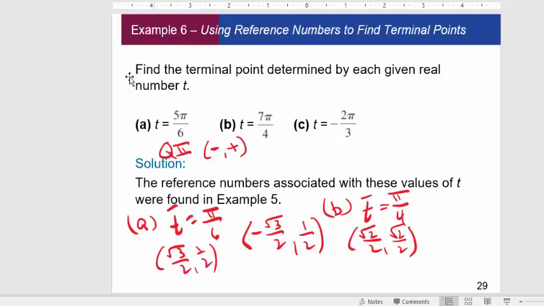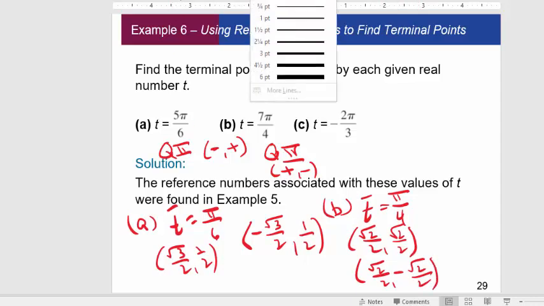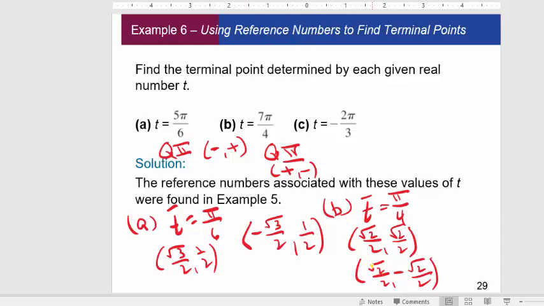So we know that 7 pi over 4 is in quadrant 4. And in quadrant 4, x is positive, but y is negative. So our terminal point for 7 pi over 4 was going to be radical 2 over 2, negative radical 2 over 2. Right? So this is our solution here. For some reason, this highlighter is not being thick. So that's our terminal point for A, that's our terminal point for B,